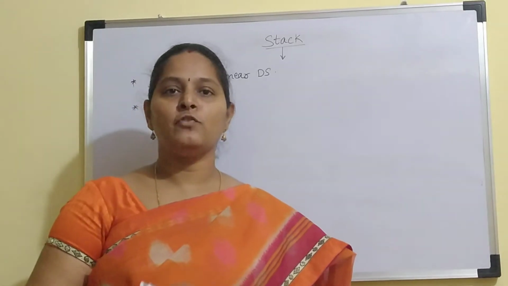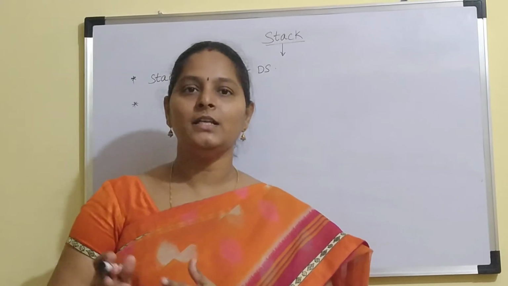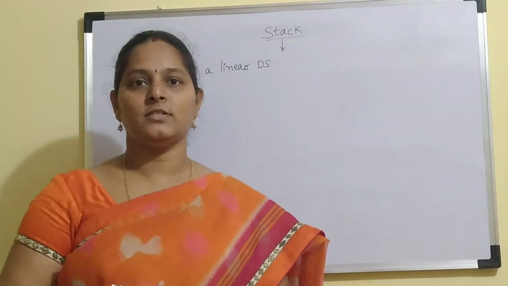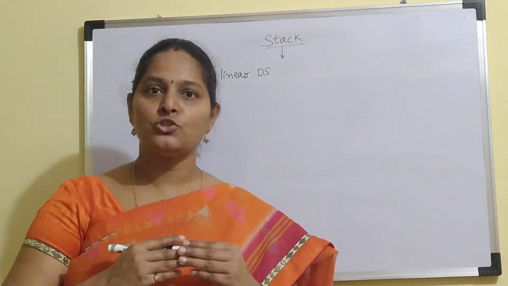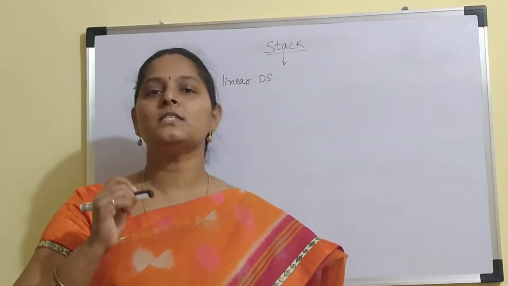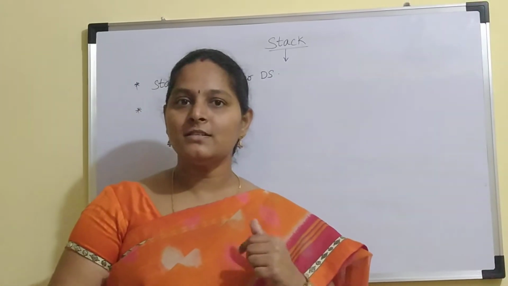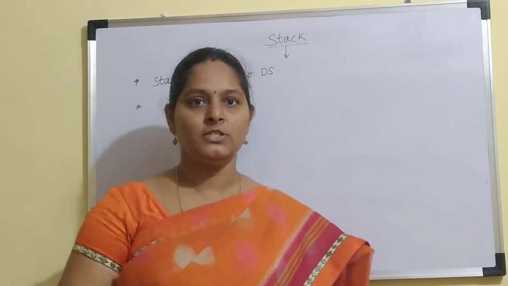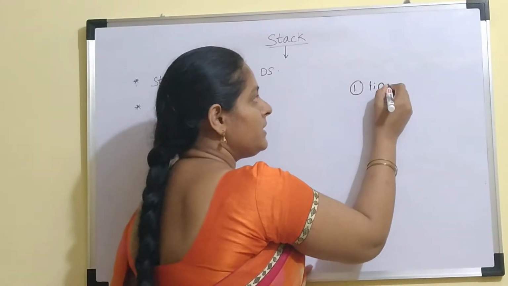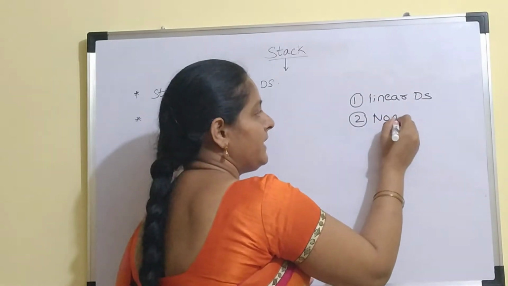categories. First of all, data structure means arranging the data in a particular manner in a computer. So why we need to go for data structures is, if you can organize or store the data in a particular order, then it will be very easy to access. This is the main advantage or main reason to go for data structures. So as I said, there are two categories of data structures. One is linear data structure, and the second one is non-linear data structure.